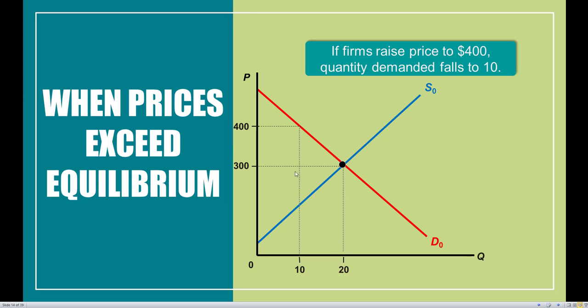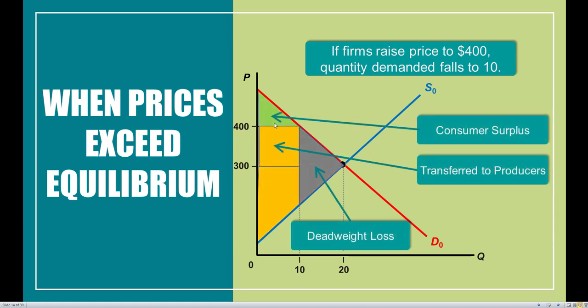Using the same economic intuition that we had before, we can identify our new areas for consumer surplus and producer surplus. With a price of $400, this is a new price that we're taking a look at. Remember the area for consumer surplus: it's the area above the price, below the demand curve. So we notice that this triangle right here, the smaller triangle, is going to be our new consumer surplus.